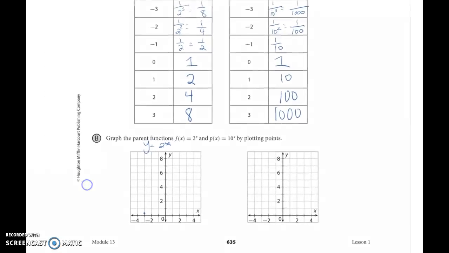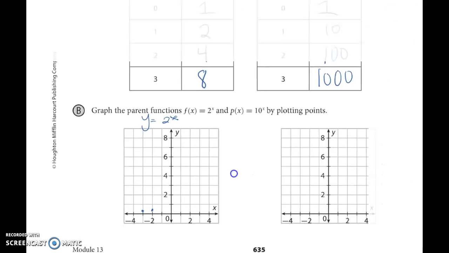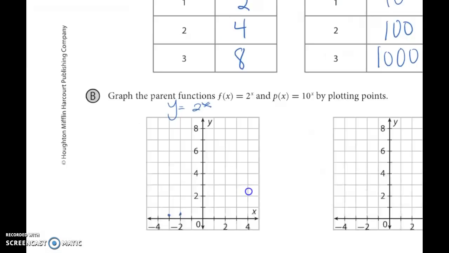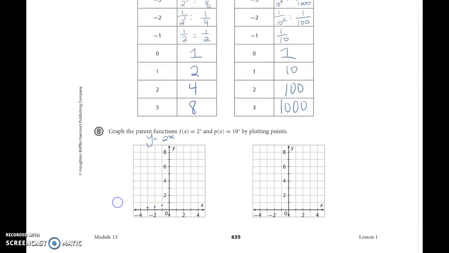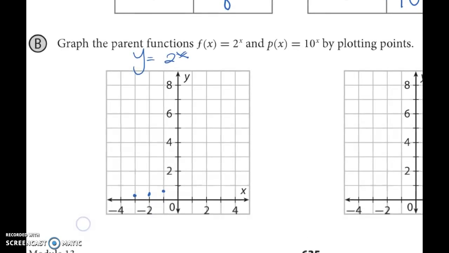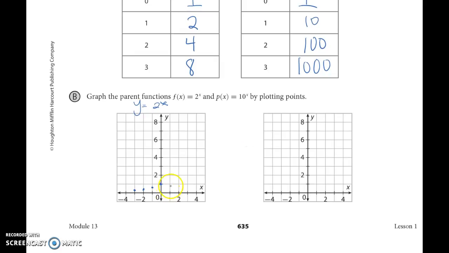Okay, the next value was -2 and 1/4. So -2 and 1/4 should be just a little higher than 1/8. -1 was a half. So at -1 we should be halfway. At 0 we had 1, so 0, 1. There we go. At 1 we have 2. At 2 we have 4, and at 3 we have 8. So if we connect these,